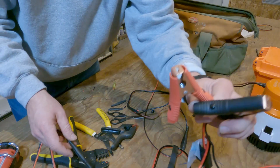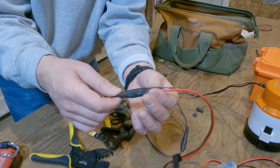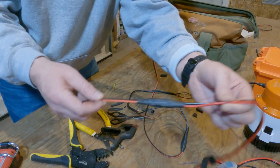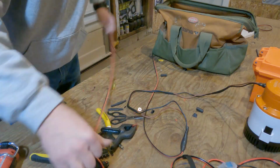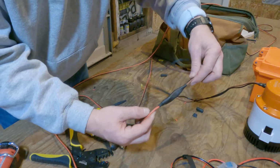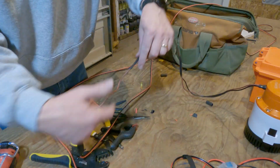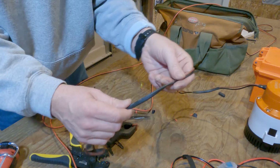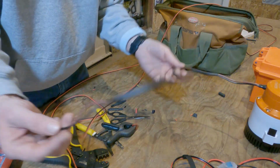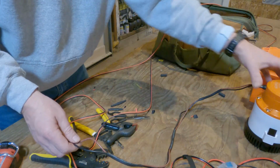On the alligator clip end, we joined the extension wire to the clips, and we wrapped it with this extra big piece of shrink wrap. Add a little strength so when it's getting tugged around, and then we follow it all the way around, all 30 feet, and we did the same thing where it connects to the pump wires, just for an added little strength. And I also put some shrink wrap on the two wires that come off the pump in a couple spots, just because these wires came separately and I could just see them getting tangled,